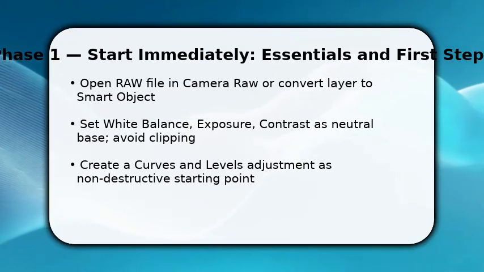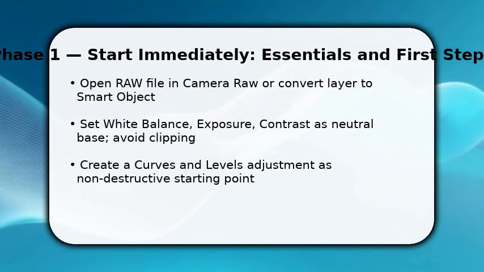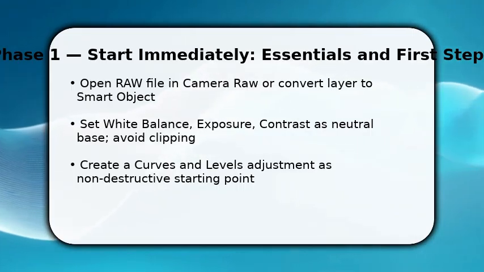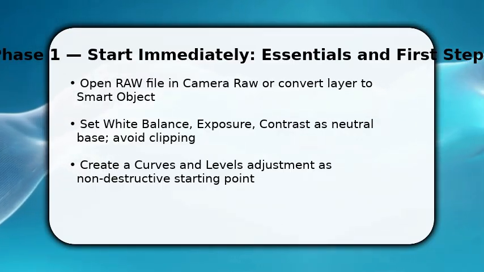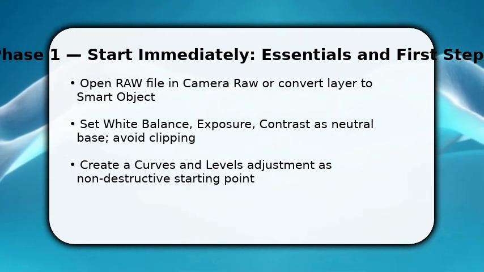You start by opening the RAW or converting your layer to a smart object so you can work non-destructively. Set a neutral white balance and nudge exposure and contrast just enough to preserve highlights and shadows. This gives you headroom. Once that base is stable, add a curves and a levels adjustment layer. These are your primary control points. Make small, visible changes to midtones and the black point because subtle shifts preserve detail and let later local edits